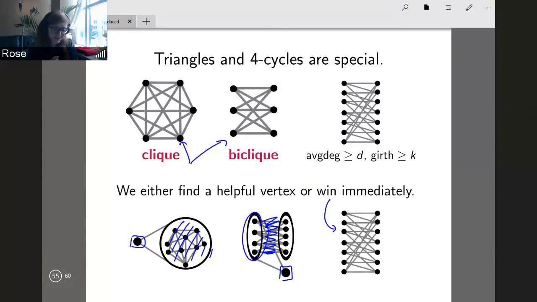And so I still think that Thomassen's conjecture would be really quite hard, but I'm tempted to work on it more seriously because of this, right? I think that the natural thing to do whenever you try and work on Thomassen's conjecture is to mimic the proofs of the previous cases, and that would let you find a helpful vertex as one case where you win. And I think that what we've seen so far in the talk shows that that's not going to happen later on. There's no find a special vertex case. You should really just look to win immediately by finding an induced subgraph.